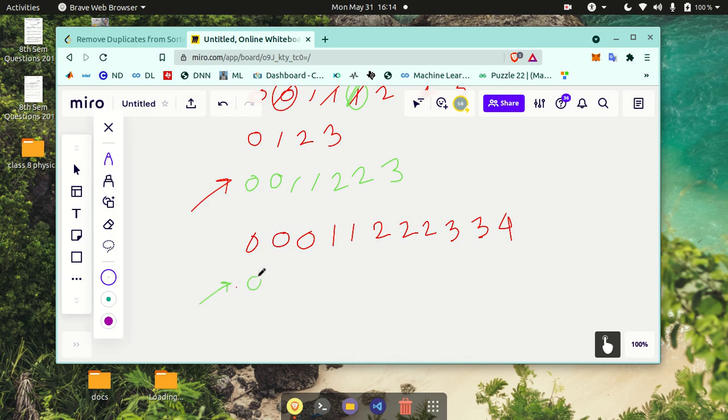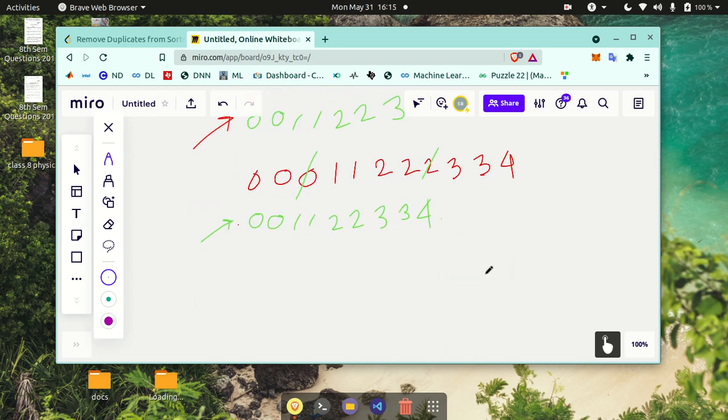The second repetition is fine, the third one onwards we will have to eliminate. 1 1 we have kept both of them. 2 2 we have kept up to the second repetition, but the third one is eliminated. Then 3 3 and then 4. Okay, so that is what we have to do.